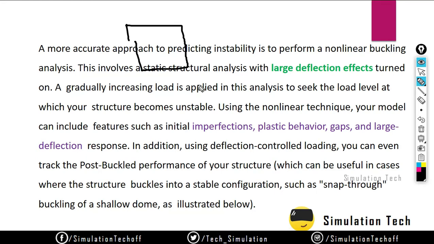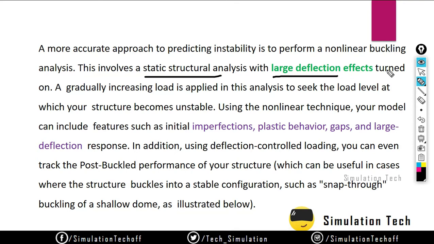We will discuss what a coupled analysis is in our theoretical session, and in our practical session, while we do that analysis, you will clearly understand it. When you want to include the nonlinearities, you have to include them in the pre-stressed condition, that is static structural in our case. There is an option in static structural called large deformation effects. You have to turn it on.